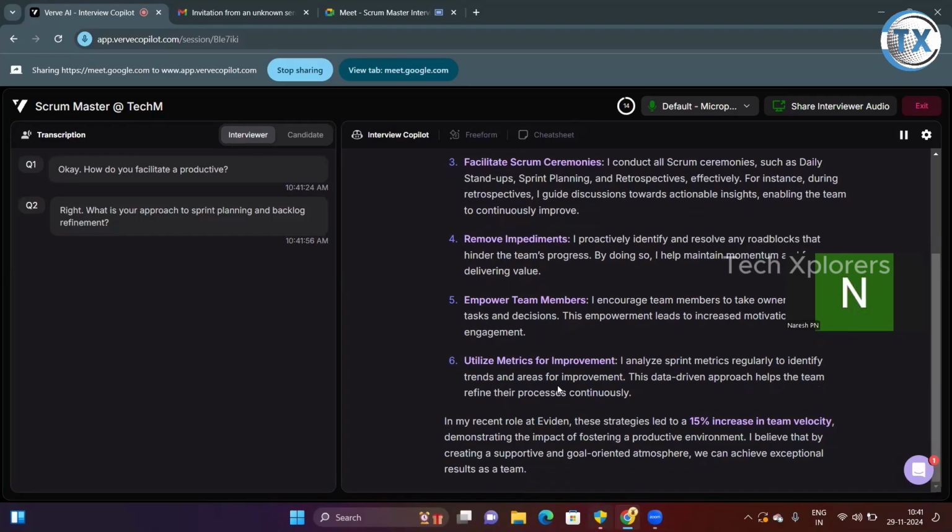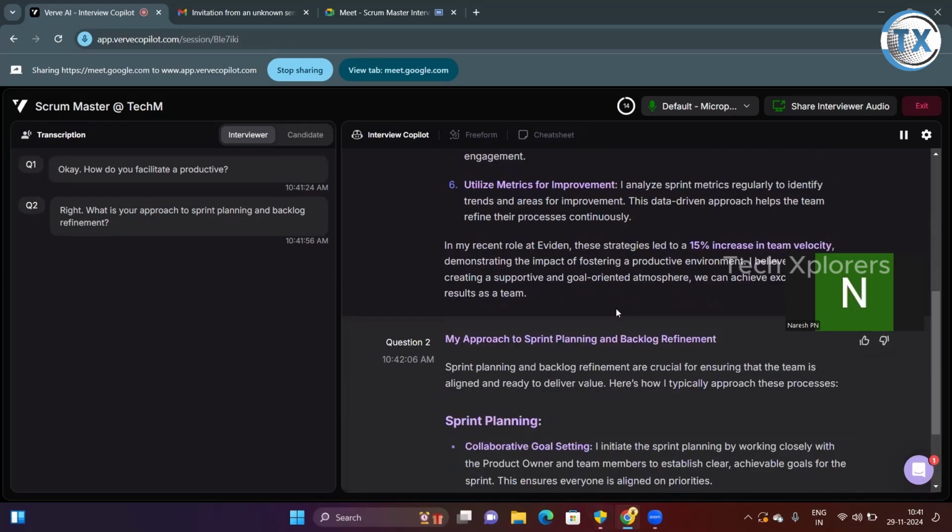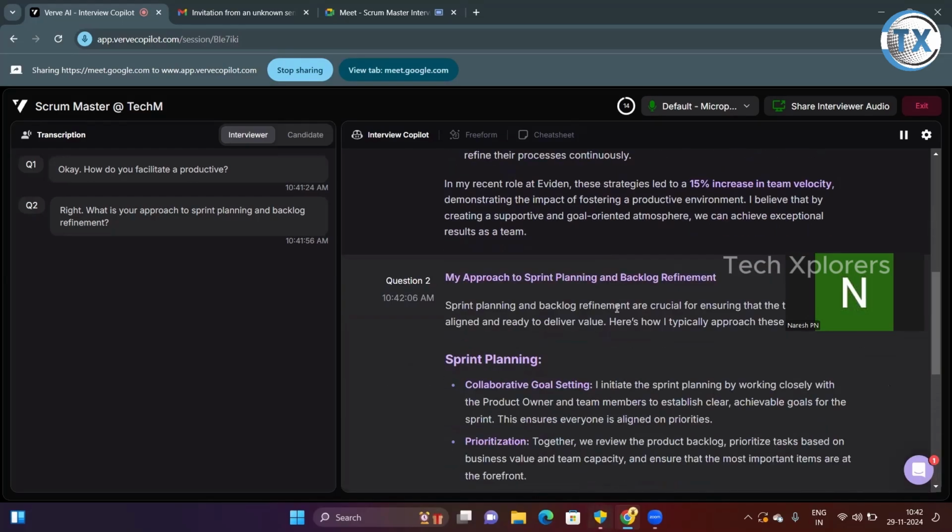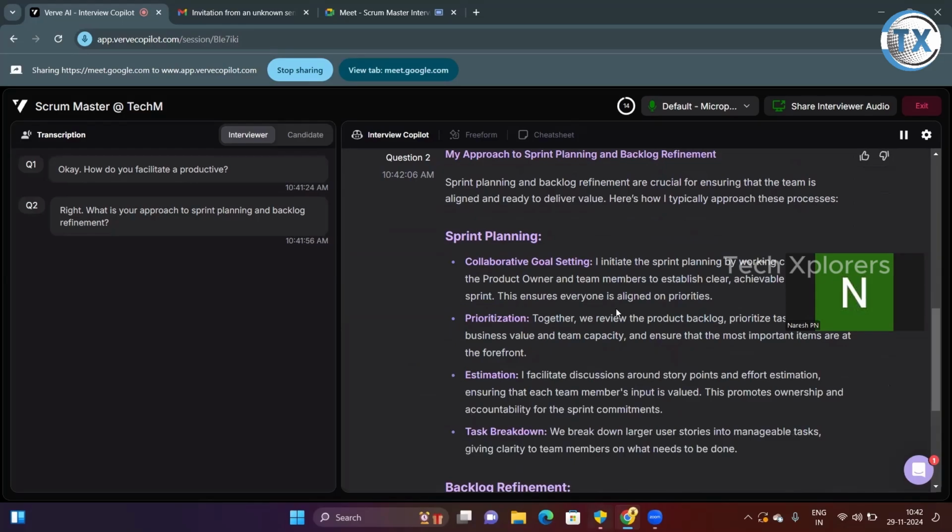There are several approaches. The main one is sprint planning, collaborating on goal setting and prioritization. We work together, review the product backlog and prioritize the tasks based on business value, and we estimate. I facilitate the discussion around story points and effort estimations, ensuring that each team member